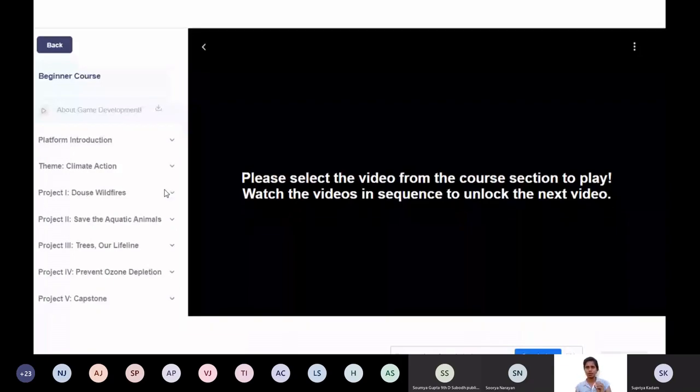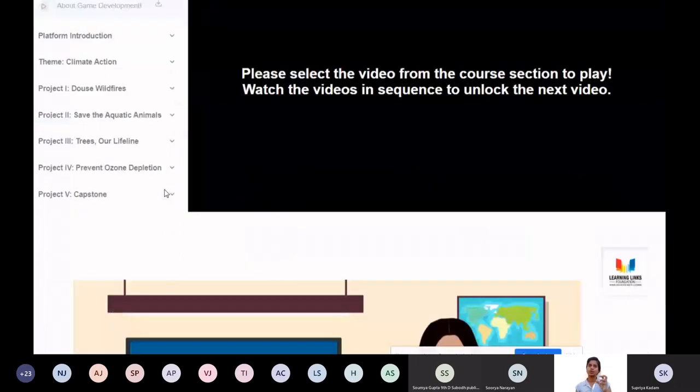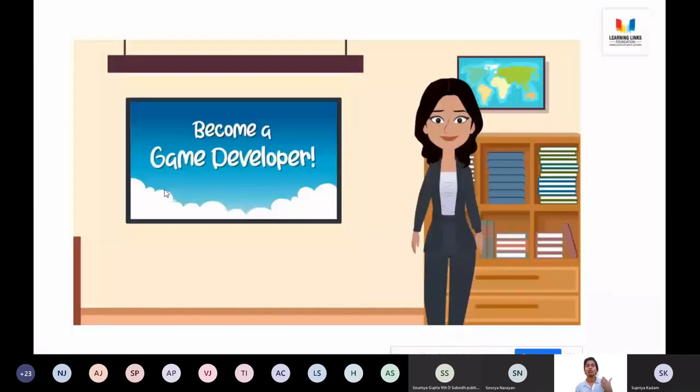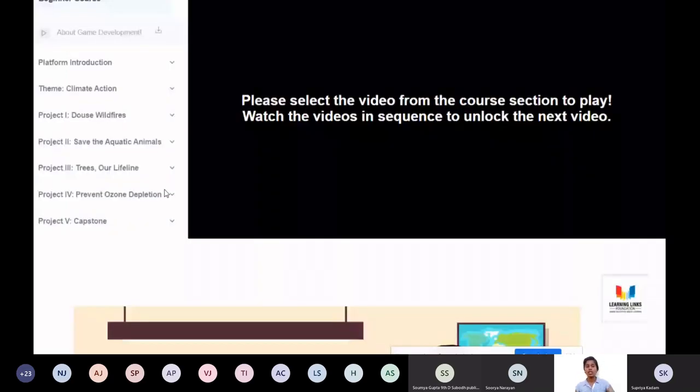There are multiple goals. For example, a few goals are climate action, a few are health and well-being, a few are helping people and public interest, avoiding deforestation or afforestation, and then there is less usage of fuels. These are a few goals the UN Sustainable Development is focusing on.